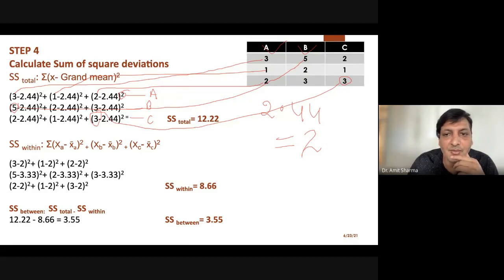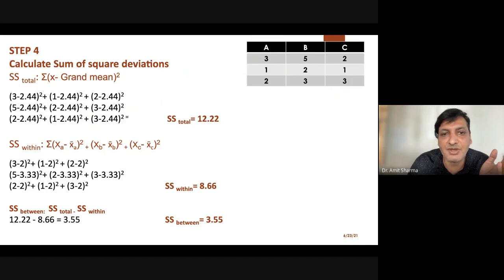So what you have to remember here, each value you have to reduce from something, and after that you have to do the square of deviation. So which value is that? You have to remember the grand mean, that whenever you are calculating total, you have to reduce each value from the GM, grand mean. And whenever you are going to calculate within, then you have to reduce from the individual mean.